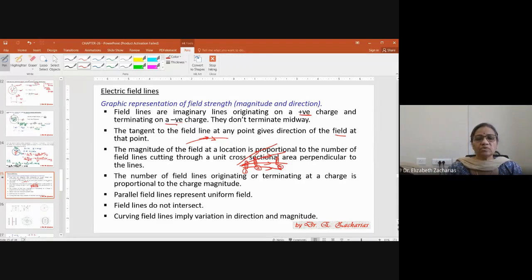Then, let us say I have a charge plus 5 nanocoulomb, and another charge plus 10 nanocoulomb. If I am drawing field lines around them, I have to draw lines proportional to the magnitude of the source charge. For example, if I draw 5 lines radially out from here, then how many lines should I draw for the 10 nanocoulombs? For 10 nanocoulombs, how many should I draw?